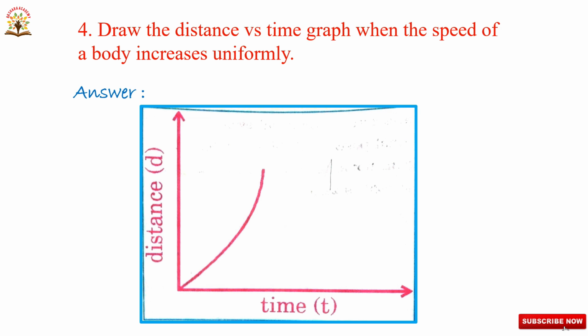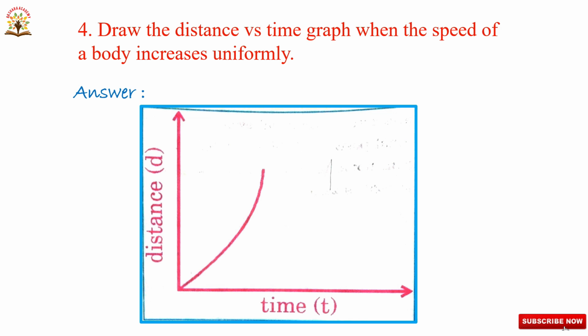This is the graph showing that it represents uniform motion. Uniform motion is nothing but wherever we are increasing the distance, automatically time also increases. So here equal distances in equal intervals of time. When a body covers equal distances in equal intervals of time, however small the intervals may be, then the body is said to be in uniform motion. So this is the graph between distance and time which shows uniform motion.